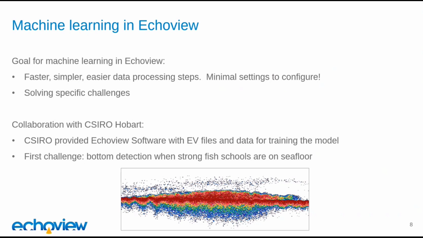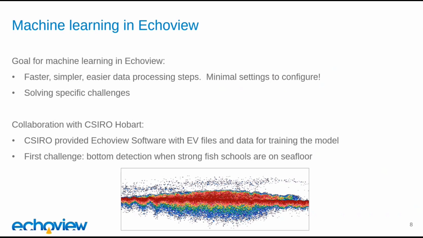Those of you that have used EcoView a lot will know EcoView is really powerful. We can do all sorts of things. We can detect all sorts of features in our software. But in a lot of cases, that requires configuring a lot of settings, some of which can be quite complicated, might have trade-offs, and can take a bit of learning to understand how to use them. So our hope is to build a tool, using machine learning capabilities to make data processing easier.